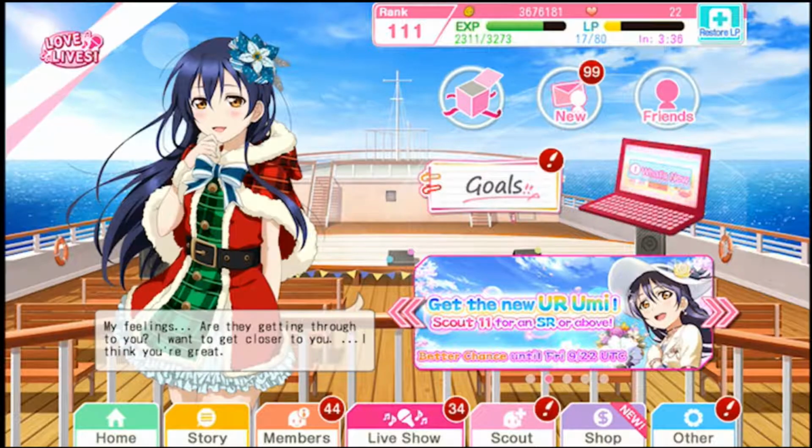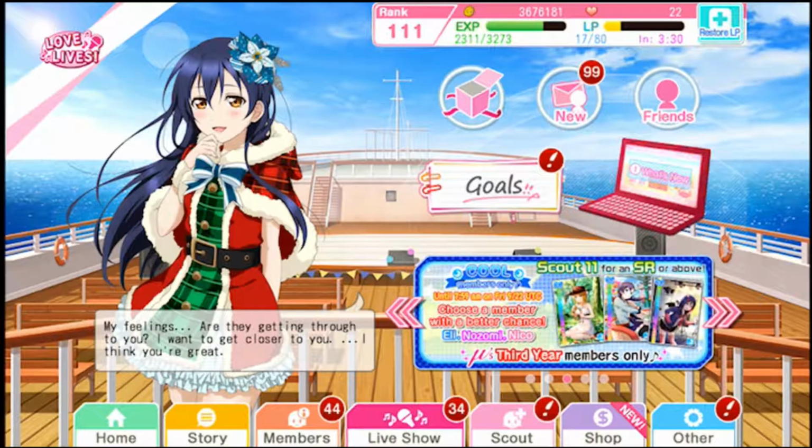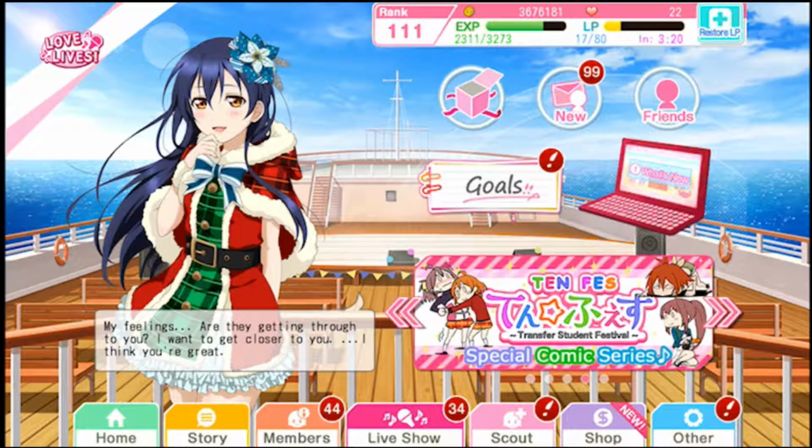This is the most basic of the basics of the basics. Once you've chosen your idol and played through your first song, you're going to learn about this screen. You're going to want to learn about this screen. This screen becomes your best friend. And if you don't think you can conquer this screen, well then, you have no business playing at all. First thing you'll see in the bottom left-hand corner, that's your home button. Home button, home screen. Self-explanatory.